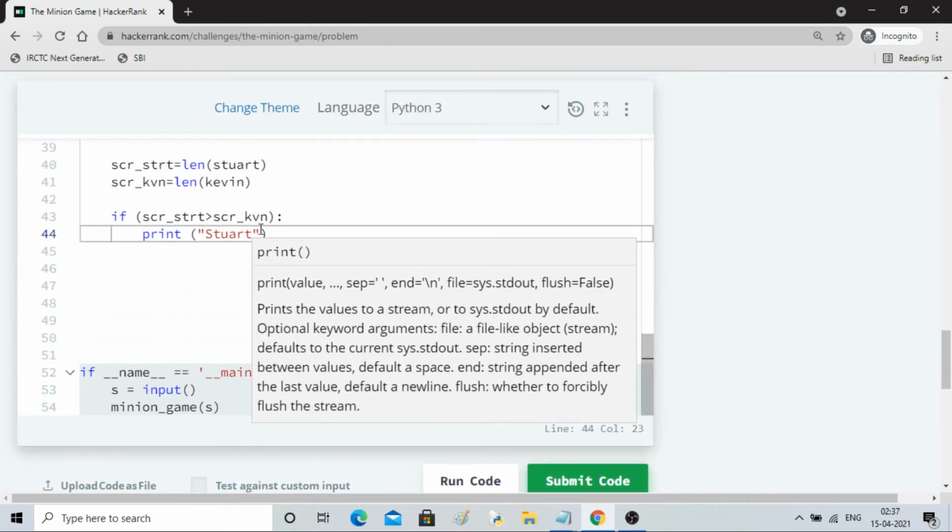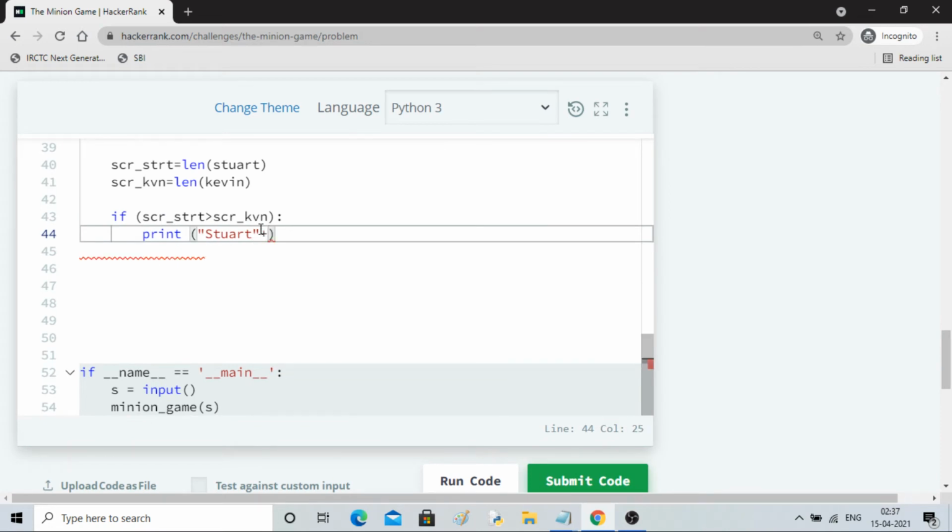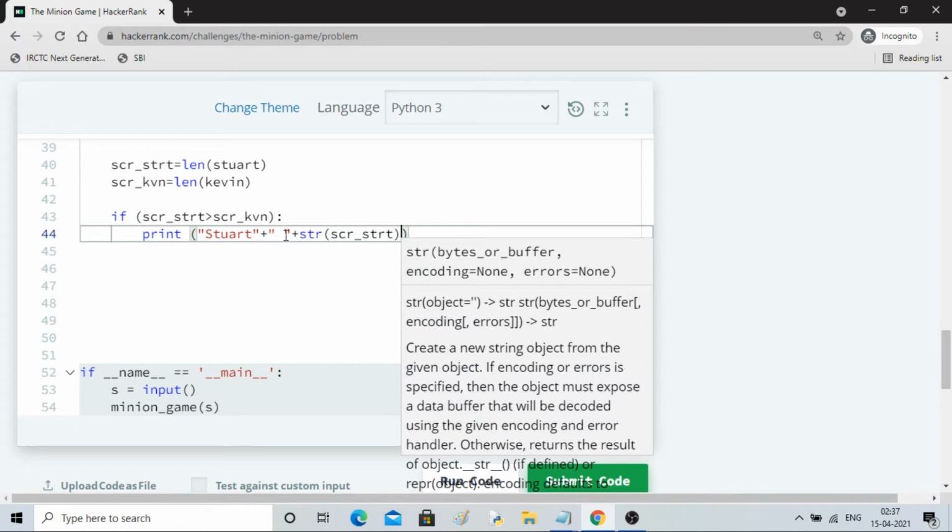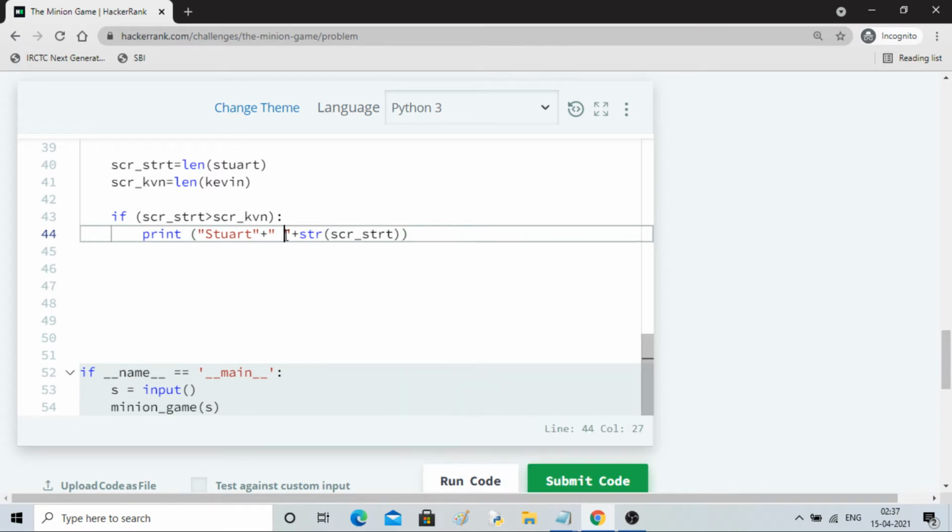So I will put a space plus I have to put SCR, Stuart score, right? Stuart score, and this will be in string form, so str. Okay, so this will be the case when Stuart is a winner.